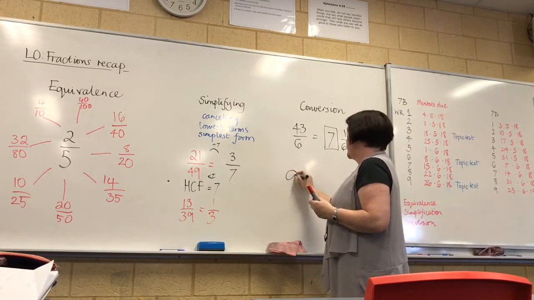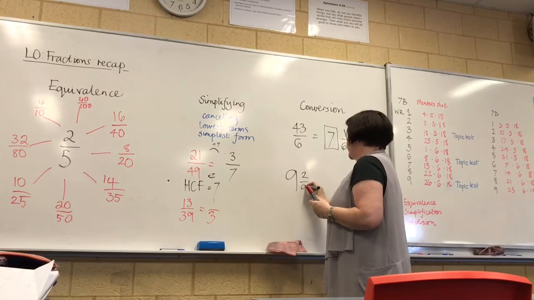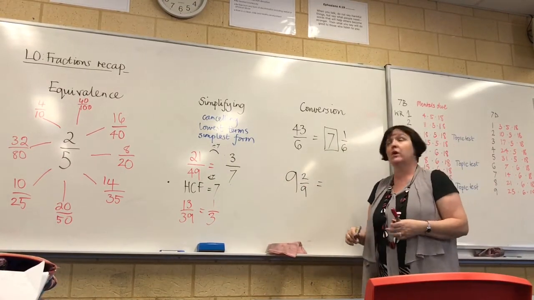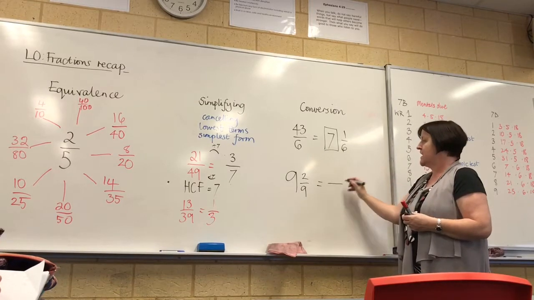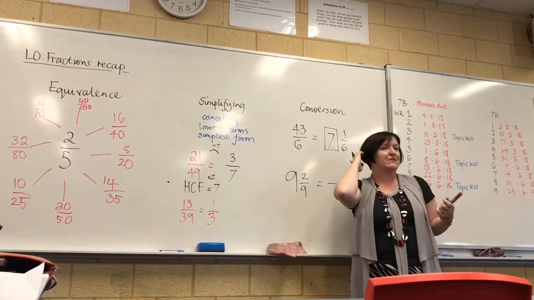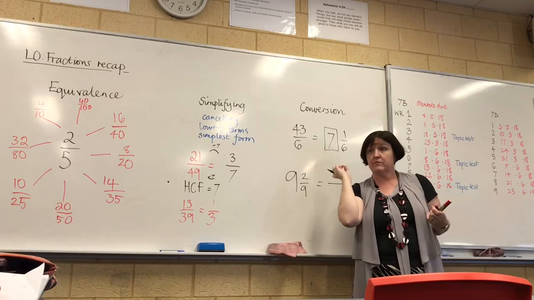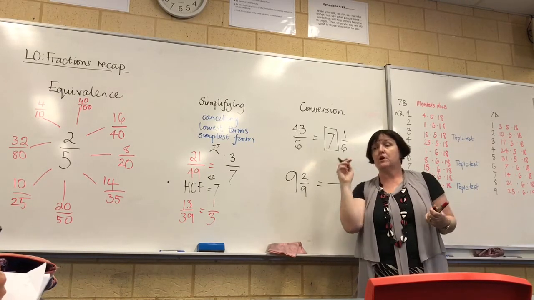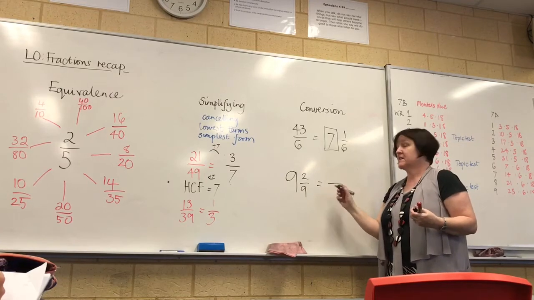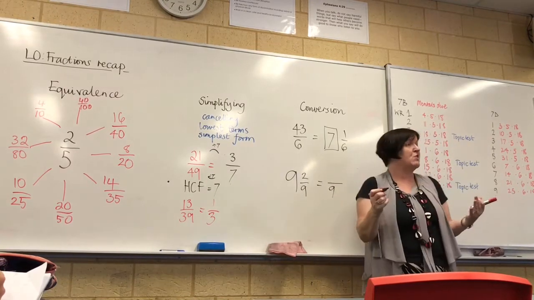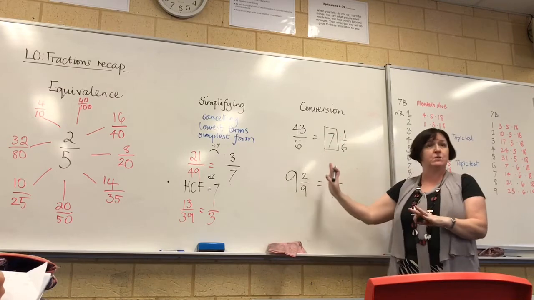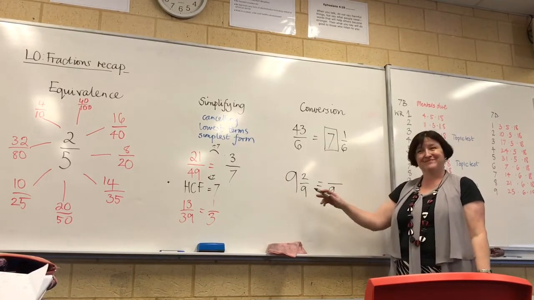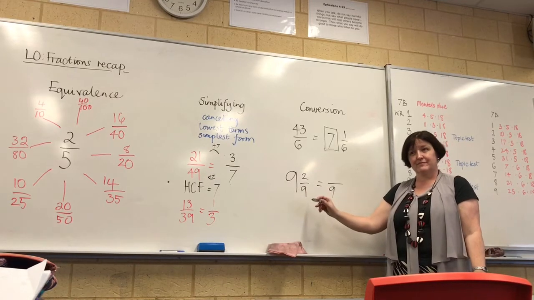So if we've got 9 and 2/9, and we need to change that into an improper fraction, what can you tell me again about the denominator? What's the denominator going to be? 9. It's going to stay the same, isn't it? So you know that automatically. With these ones, the denominator stays the same. So then what do we do? You would times the denominator and the integer